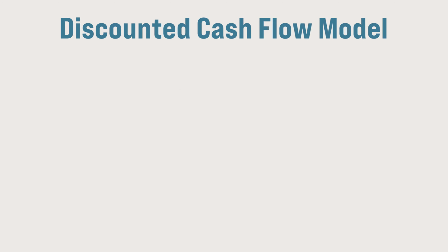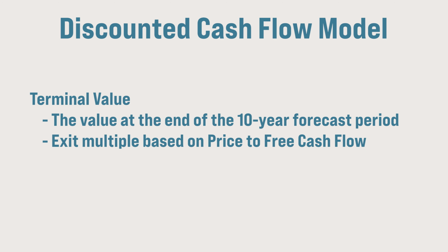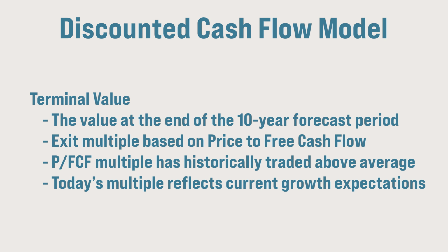Now that we have our growth rate, we need to estimate the terminal value, the value of the business at the end of the 10-year forecast period. I use an exit multiple based on price to free cash flow. We estimate what multiple investors might reasonably be willing to pay for the company's free cash flow at the end of the forecast period. Historically, Eli Lilly's price to free cash flow multiple has traded well above average. In recent years, it has often ranged significantly higher than typical mature pharma peers. However, today's elevated multiple reflects current growth expectations and market sentiment, not a structural long-term norm we can reliably assume